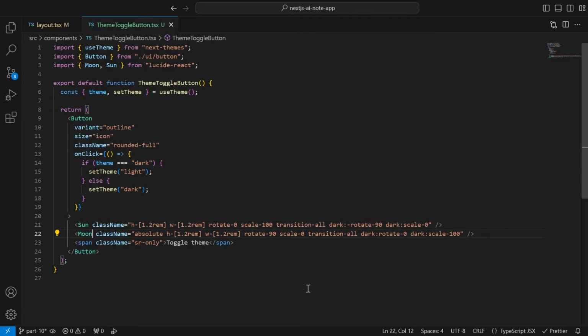Pause the video and type this out by hand. So those are two icons which will be rendered above each other. Both have the same width and height of 1.2rem. Both have some animation, which just makes it look cool when we toggle between them. And here you can see that we use this dark modifier. This will apply a Tailwind class only on dark theme. So only on dark theme, the sun icon has a scale of 0, in other words it will be hidden,